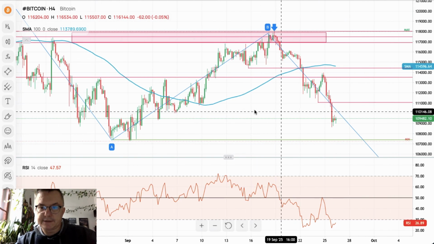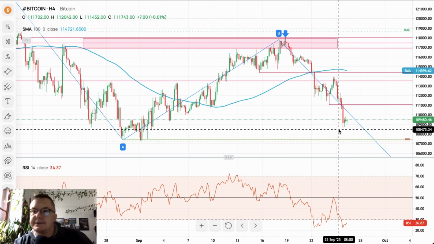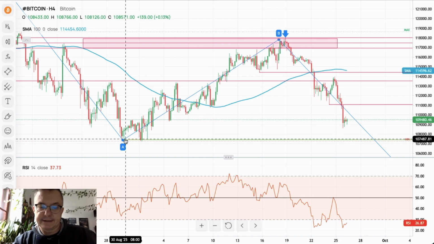So the general situation on the market this week is: the dollar is the king. The dollar is gaining across the board. US dollar related pairs, except the US dollar versus the Japanese yen, are all going lower. US dollar Japanese yen is breaking out of the range. The S&P 500 continues to pull back lower, and Bitcoin is continuing this nice pattern to the downside as well, aiming at the level of 107,000, the low of wave A from August,